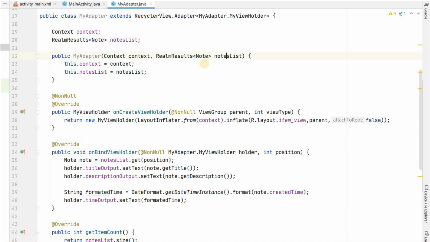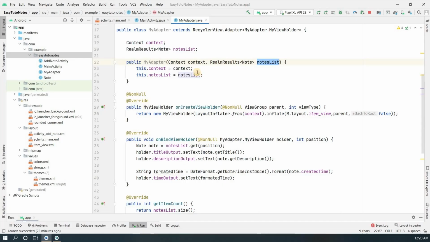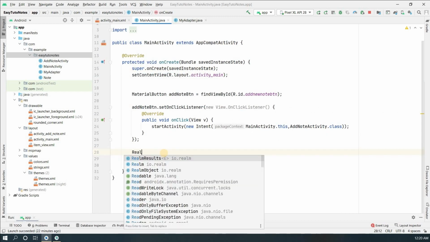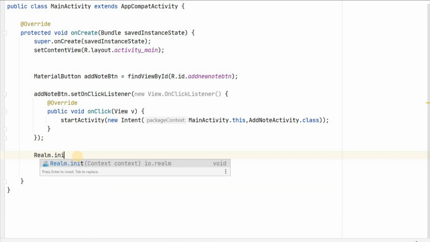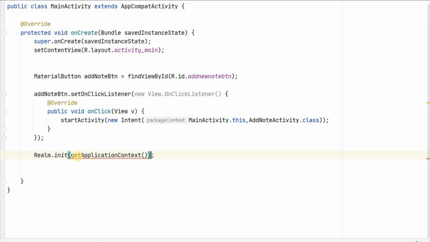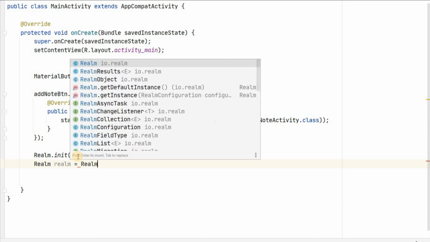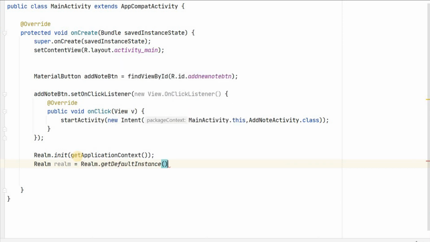We have not passed any notes list over here. First we will get that in main activity and we will pass it over here. So let's go to main activity now. After this we will initialize the realm first, like we did already, and we will create an object of realm, Realm.getDefaultInstance(). Now we will get the results from here.